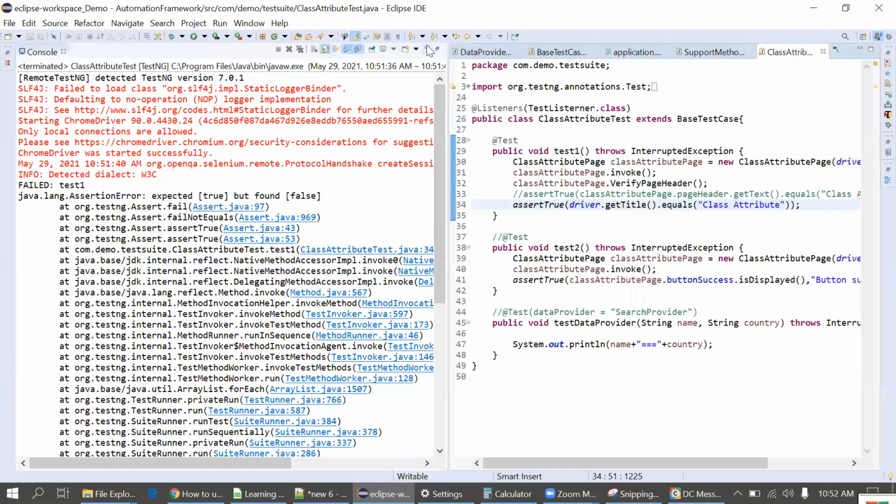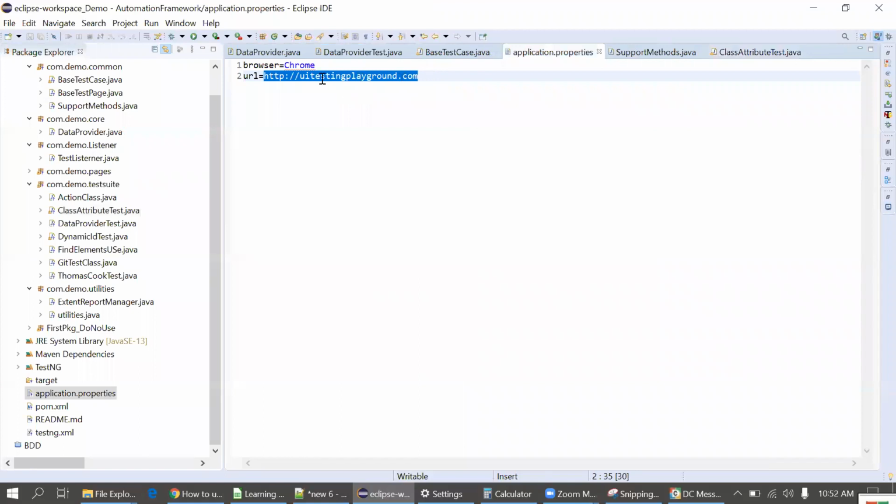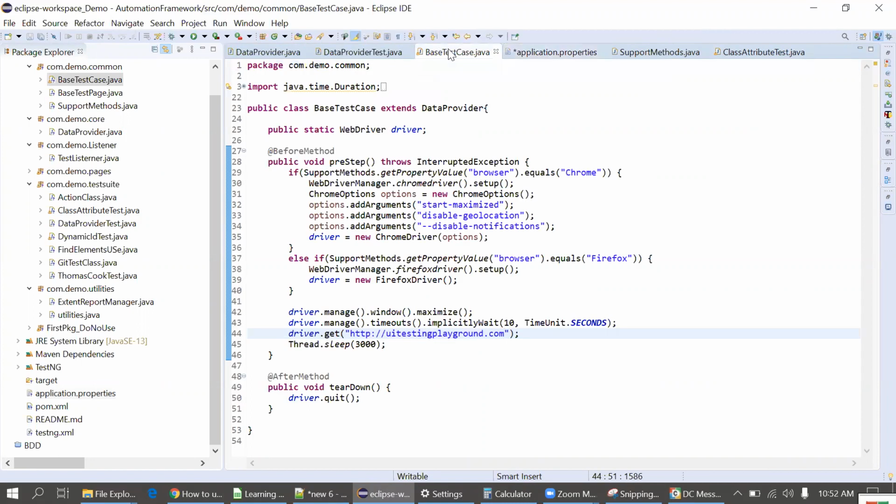Now I'll change the value from Chrome to Firefox. Let me check that it is the same value. It's Firefox, okay.